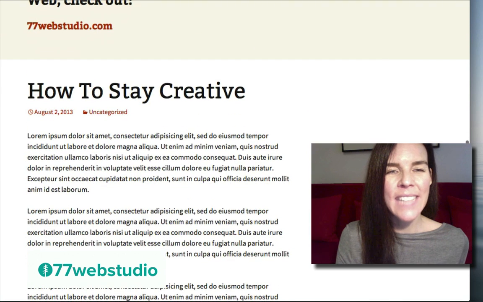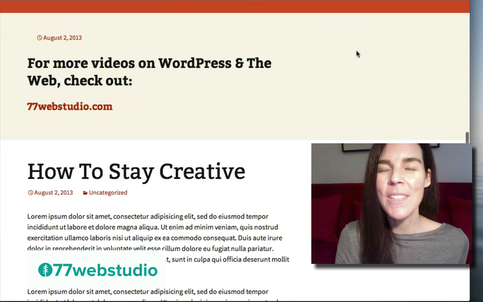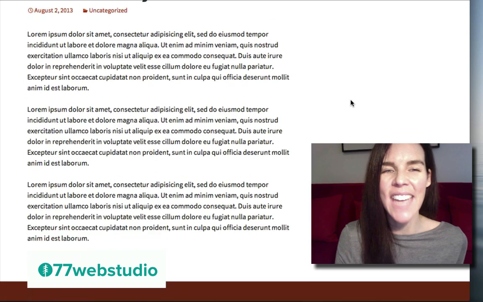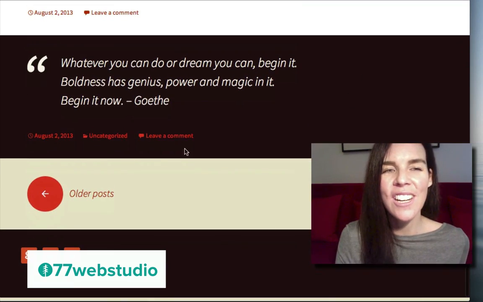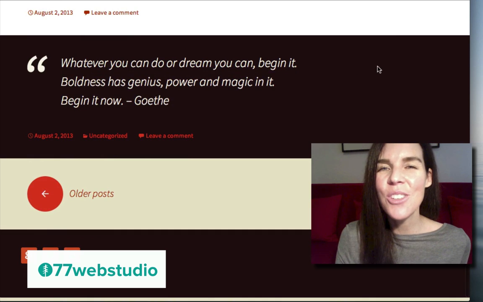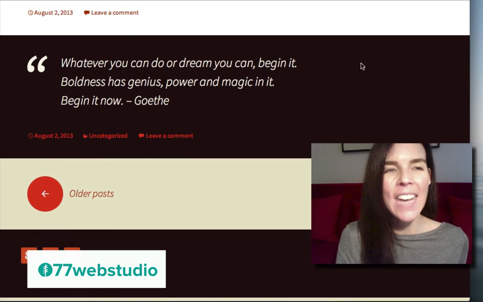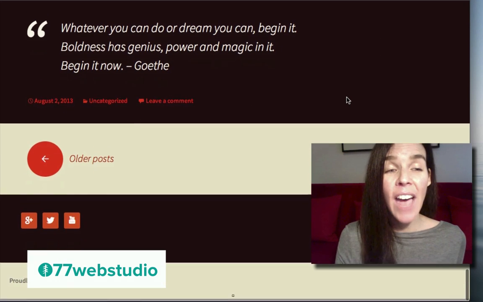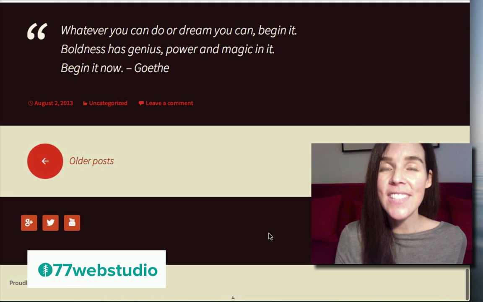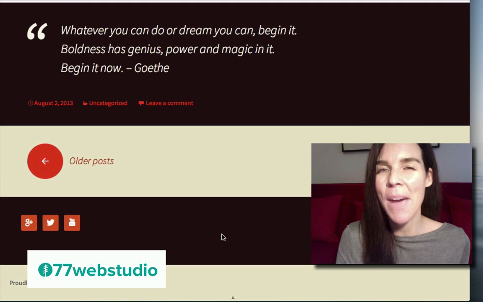Then let's see, scrolling down, we have a lot of different formats here. We can see as we go from the different backgrounds, each of these different background colors designate a different post format. So I'll show you how to add all of these. Now the other thing that I want to mention on the home page here is this quote area. So this is a quote post format, and you can see it has the quotations here and the darker brown background right here.